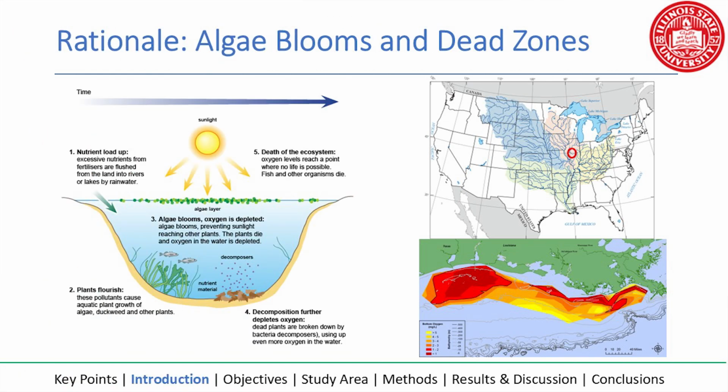Some of our issues, though, become what happens when excess nutrients get into the streams, get into the waterways, get into the reservoirs, and this is where we start to see algal blooms. And the algal blooms then are an issue because of fish die-offs and fish kill when the blooms start to decompose, and these will move downstream. We'll get into the Gulf of Mexico, and then we look at the dead zone. So this was an impetus for